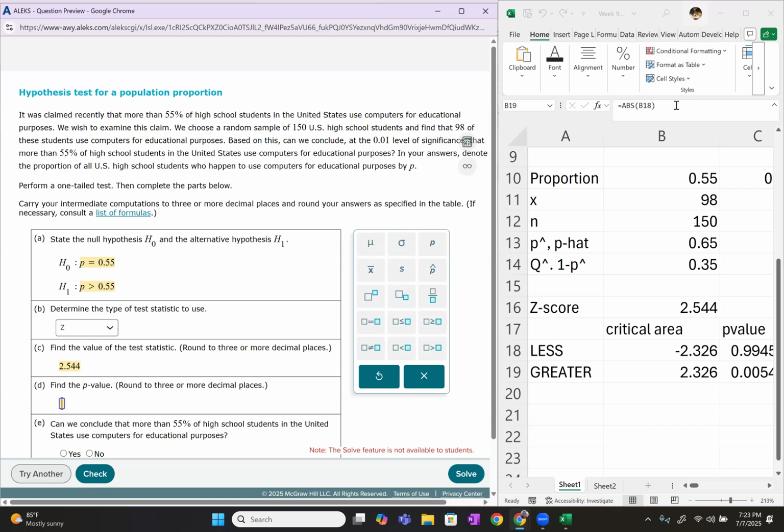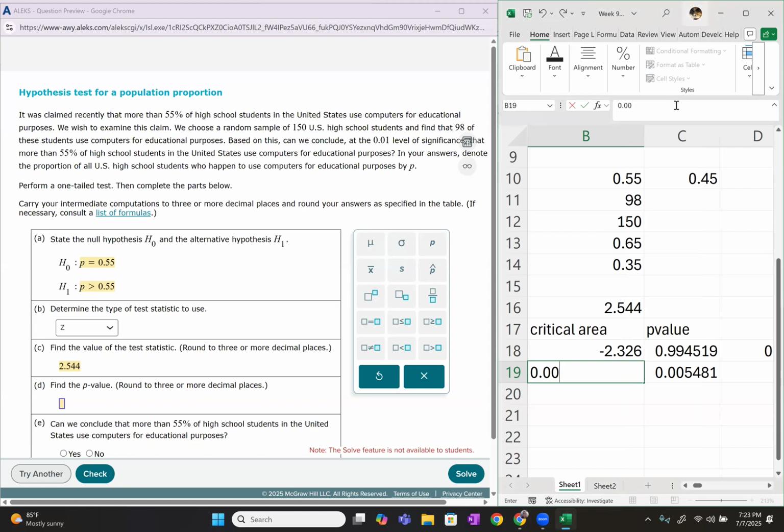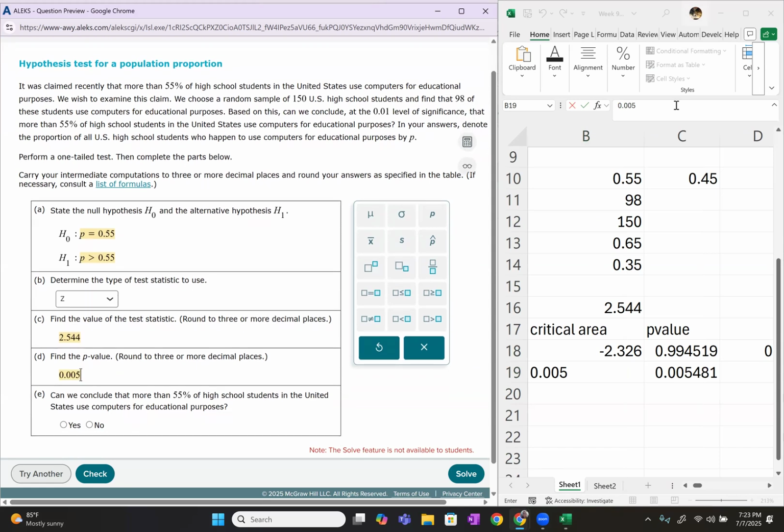And the p-value? 2.326. The p-value. Just kidding. Remember, 1 minus or greater than. Is it the 0.005? Yep. Very good. Sorry about that. All right. And based on the 0.005,